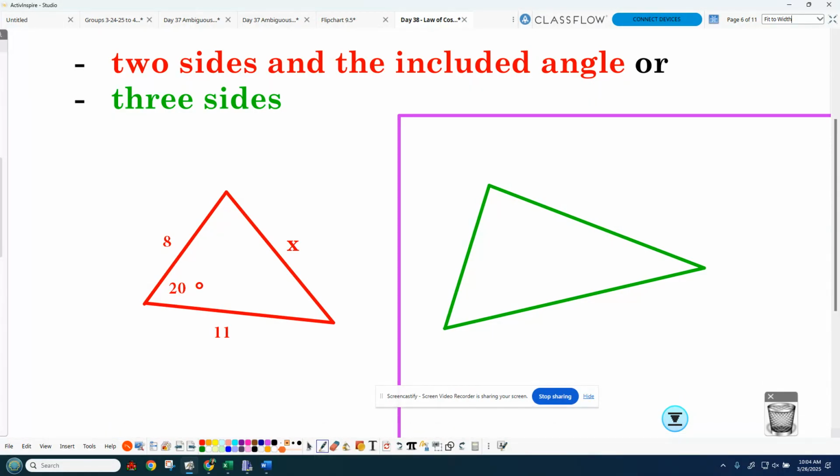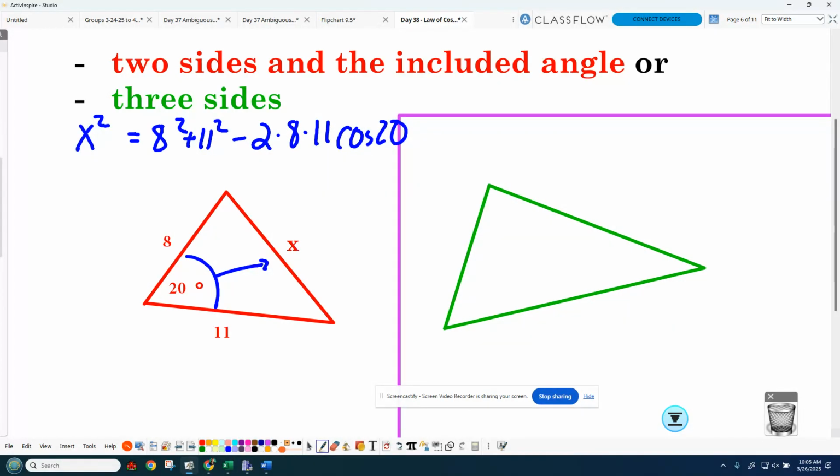Sebastian, what is the thing that's all alone on one side of the equal sign in this x, 8, and 11 triangle? The x, because it's the one side that's across from the one angle. So we're going to do basically Pythagorean theorem, and then I need the adjustment. Sam, can you tell me the adjustment? It's minus 2ab cosine C. So minus 2 times 8 times